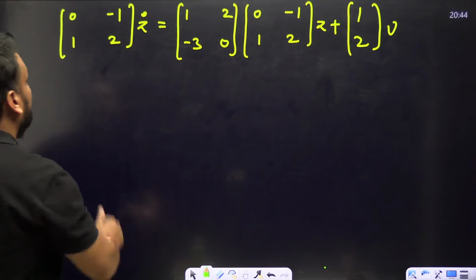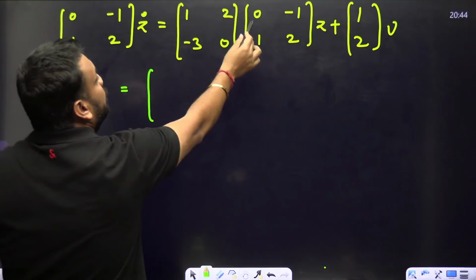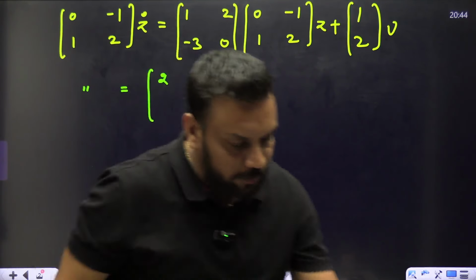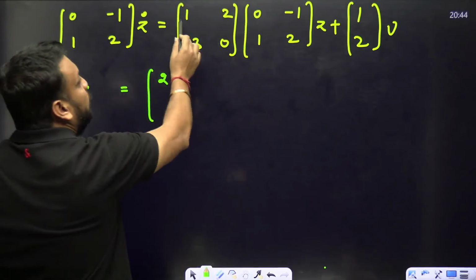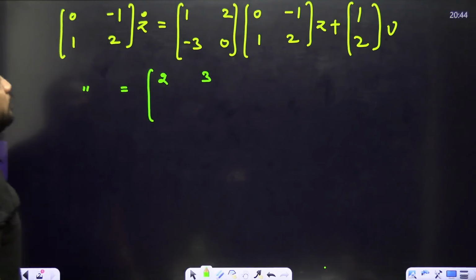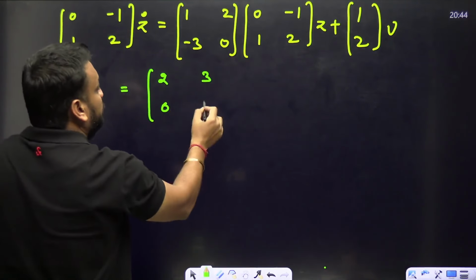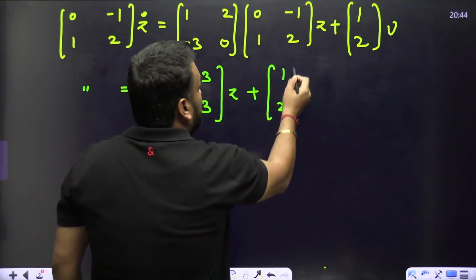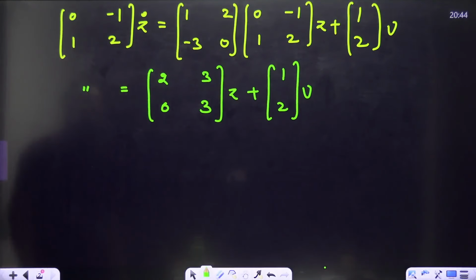ओके, नाउ स्टूडेंट टेल मी कि यहाँ पे इस मैट्रिक्स को जब इधर लिया जाए, पहले हम इसको मल्टीप्लाई तो कर लें। तो ये मैंने एज इट इज रखा है लेफ्ट साइड वाला पार्ट, इनको पहले रो इंटू कॉलम मल्टीप्लाई कर लो। तो 1 इंटू 0, और 2 इंटू 1, तो ये 2 आ गया। आगे 1 इंटू माइनस 1, 2 2 जा 4, तो ये 3 आएगा। अब -3 इंटू 0, 0 आ गया, और -3 इंटू -1, +3। इन दोनों को मल्टीप्लाई कर दिया, यहाँ लिख दिया z, और यहाँ लिख दिया हमने 1 2 u। इज दिस क्रिस्टल क्लियर? यस सर, यहाँ तक कोई प्रॉब्लम नहीं होनी चाहिए।